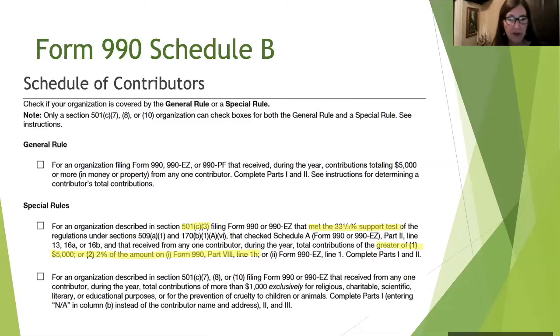So this is what I was saying, is that most people have to report under the general rule that if you've got $5,000 or more from any contributor, you have to list them. However, if you met that 33 1/3% support case, then you do the greater of the,